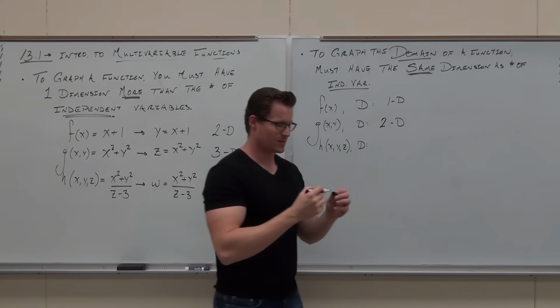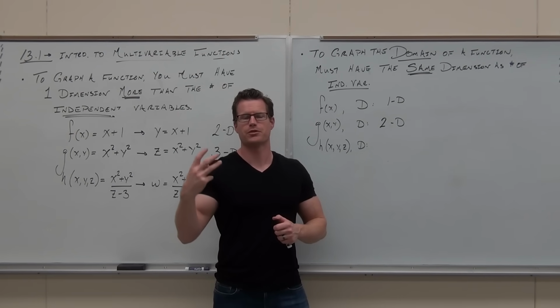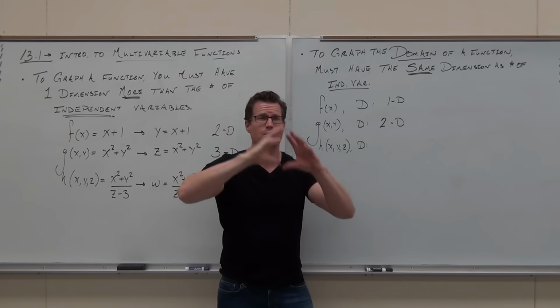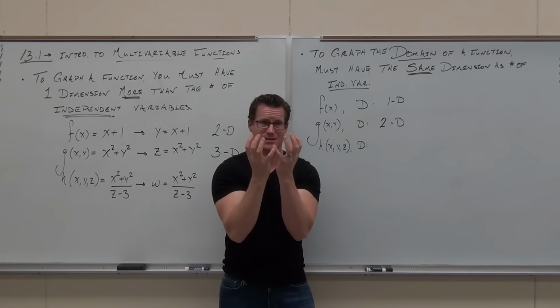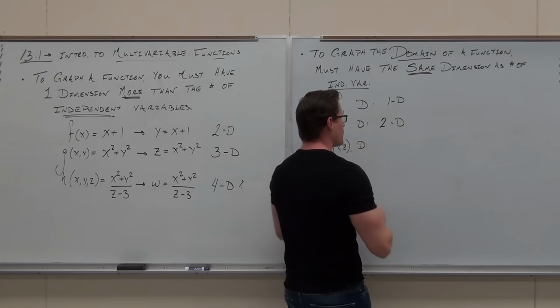This is the weird one. What if we had a function with three independent variables? We talked about that. It's got an x, it's got a y, it's got a z. It's in 3 space. What do I need to describe that domain? I need 3D. I need to be able to represent x, y, and z. So that's why we have this